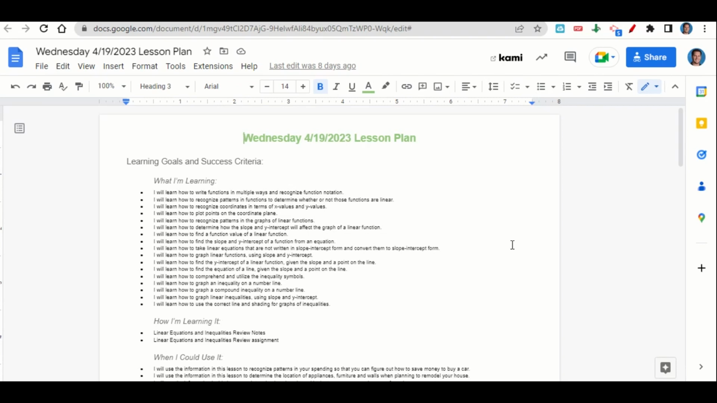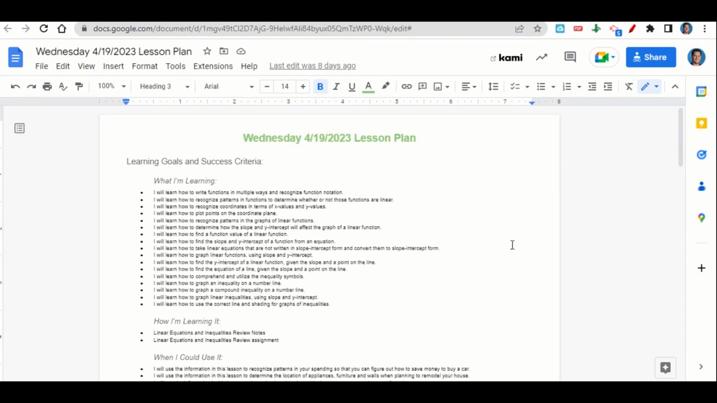to find the slope and y-intercept of a function from an equation, how to take linear equations that are not written in slope-intercept form and convert them to slope-intercept form, to graph linear functions using slope and y-intercept, to find the y-intercept of a function given the slope and a point on the line, to find the equation of a line